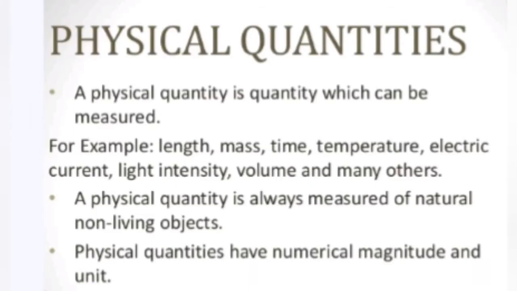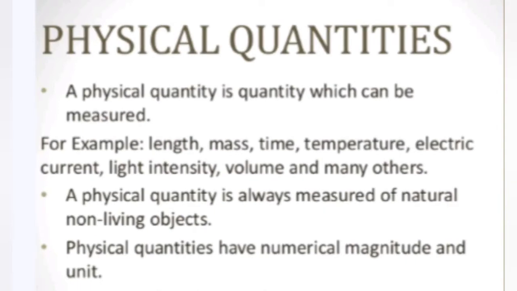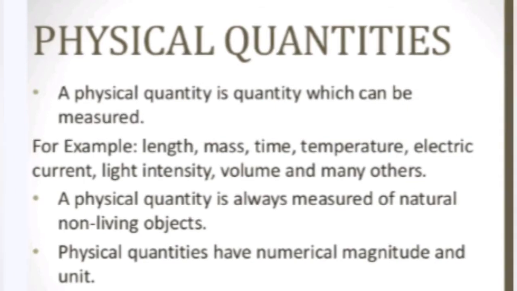Physical quantities. A physical quantity is a quantity which can be measured. For example, length, mass, time, temperature, electric current, light intensity, volume and many others. A physical quantity is always measured of natural non-living objects. Physical quantities have numerical magnitude and unit. For example, if the length of a student is 104 centimeters, then 104 is its numerical magnitude and cm is